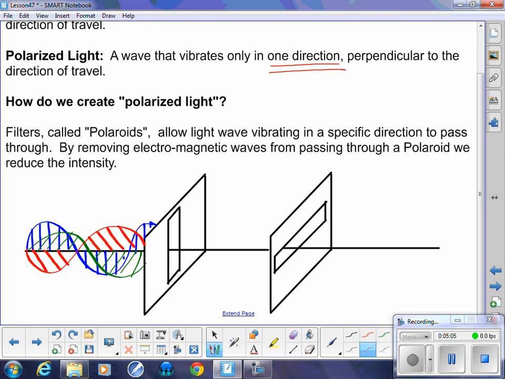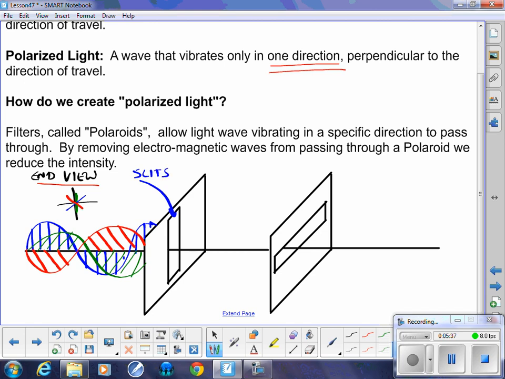So again, if we look at an end view, just to help you visualize what's going on, we have this unpolarized light approaching our Polaroid. So the green one is the one that's straight up and down. Okay, and what I've tried to do is I've tried to draw blue on that angle and red on that angle. So the light comes to this Polaroid, and obviously I exaggerated the slits here, but these very small slits that are in the Polaroid,